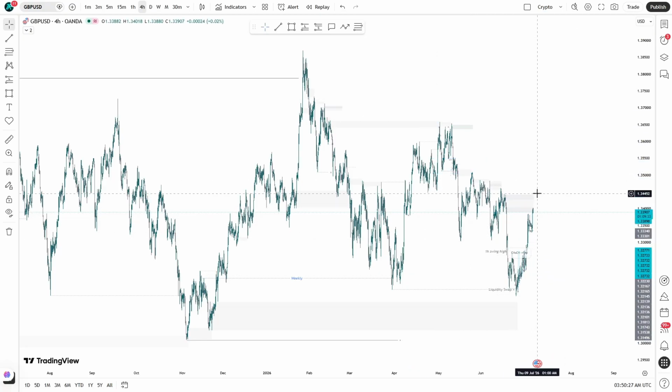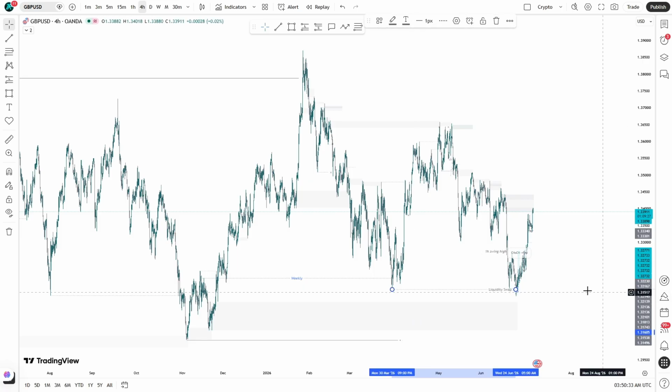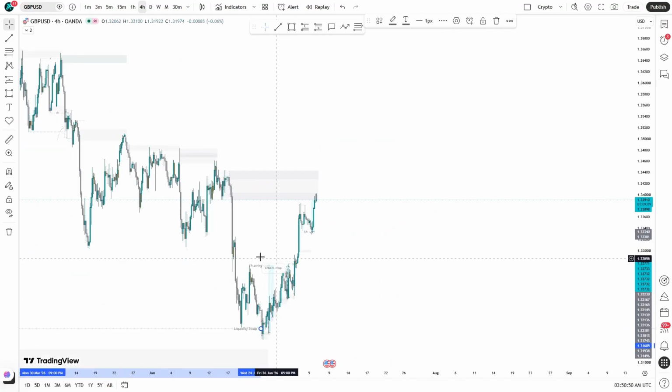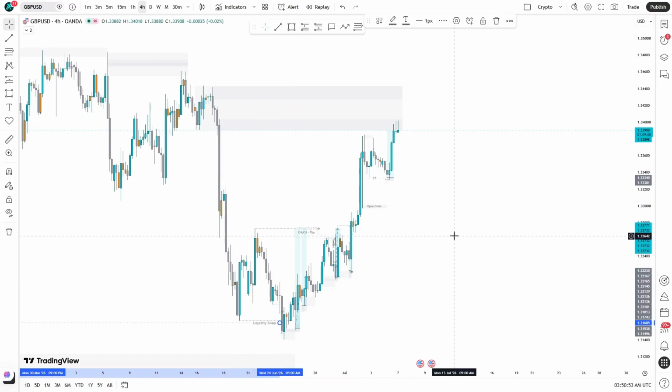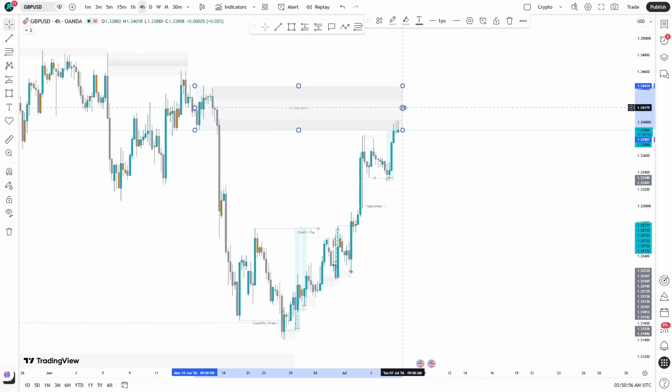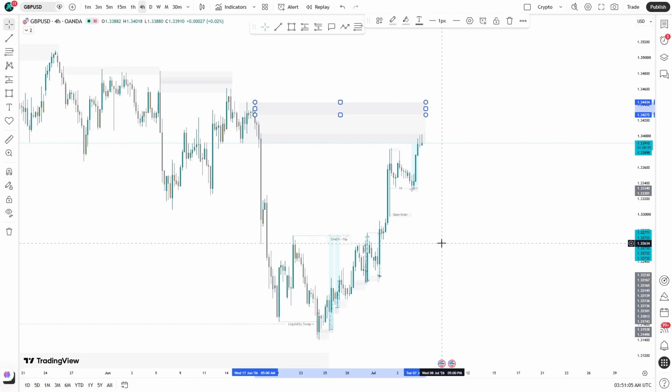Now, before we got to this point, market did something. Market swept this high time frame liquidity here. As it swept it, we then had a change of character on the lower time frame before we started heading to the upside, having a pullback to the upside, then coming into the discount zone. Now zoom in here a little. So this is what the structure looks like. This is a daily supply, and a daily supply back to back. So I will go down to 15 minutes to show you some of the charts and how it took